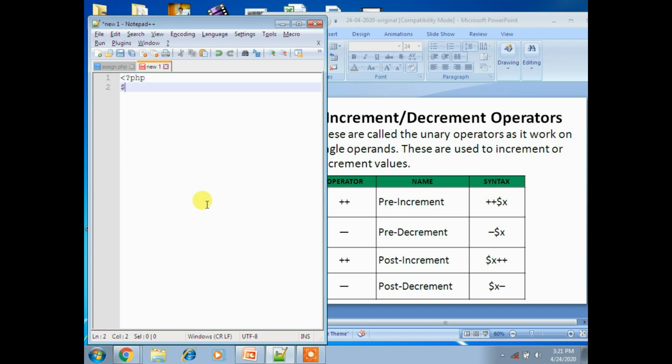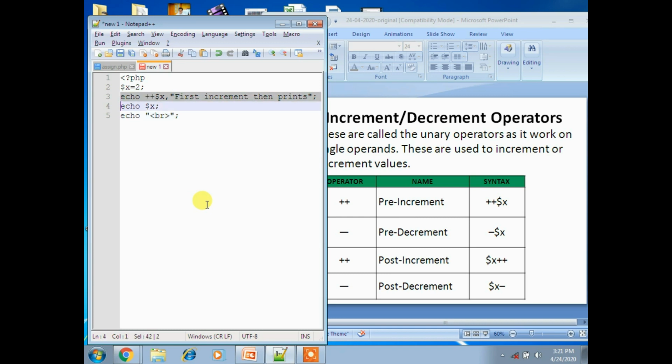So $x equal to 2, then echo plus plus $x, first increment, then prints. Then echo $x and put the BR statement.